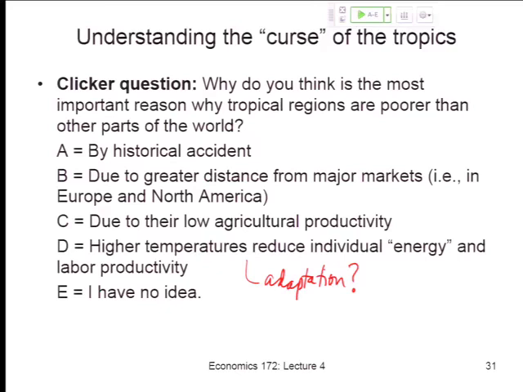Yeah, that's a great way to test it. So what you're saying is actually a great idea. Let's not just think about tropical geography, the tropics aspect. Let's think about distance to markets. We can test that. It does turn out that in international trade, a very important predictor of trade is distance